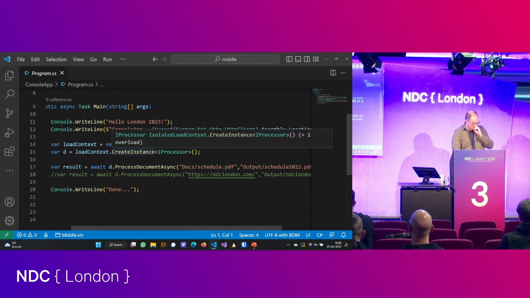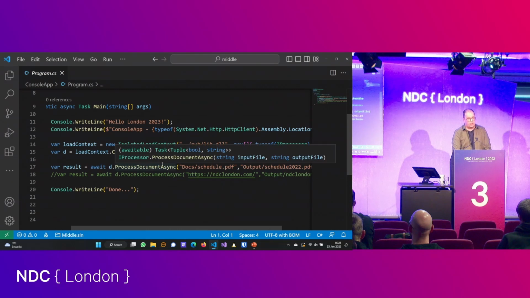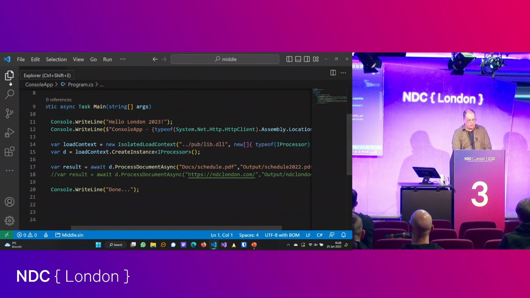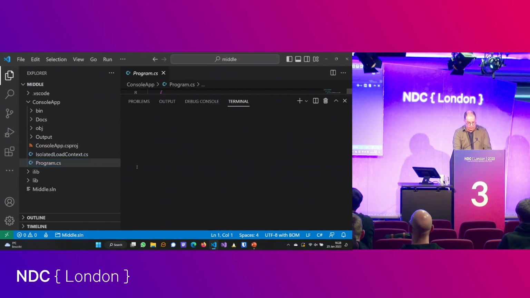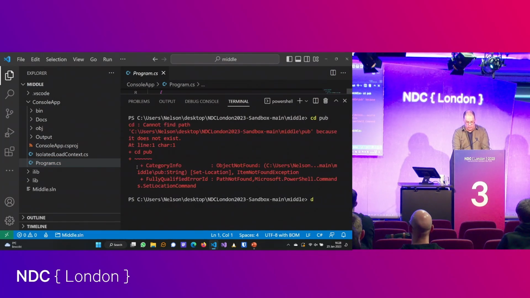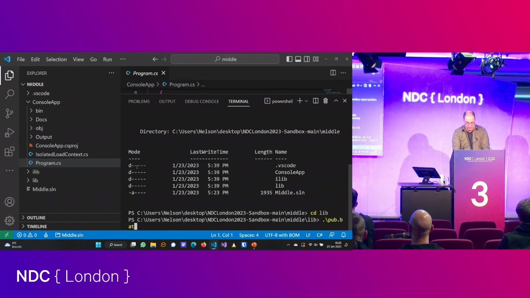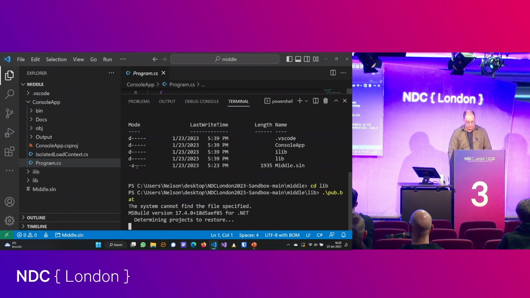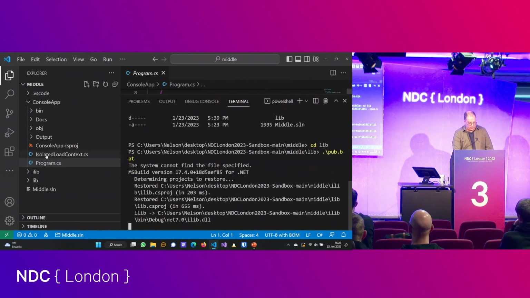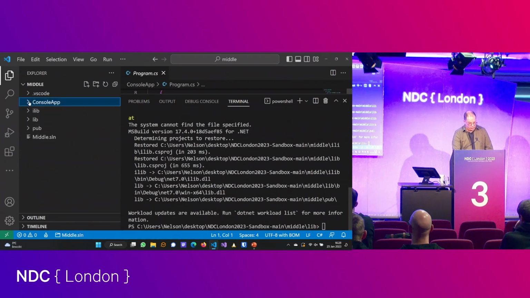I'm going to create an instance of that, and then I'm just going to call process documents on it. There's one thing I did not do, which is publish. So the self-contained publish is needed to get there. I haven't done that. It's in lib. It's a batch file. So what it internally does, it will just do a publish. I can show you. So library itself